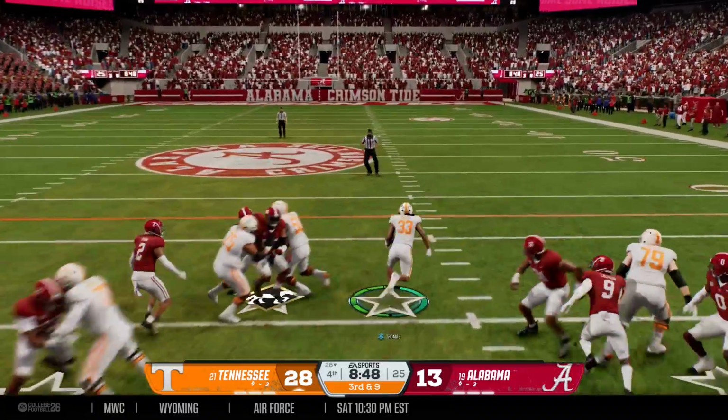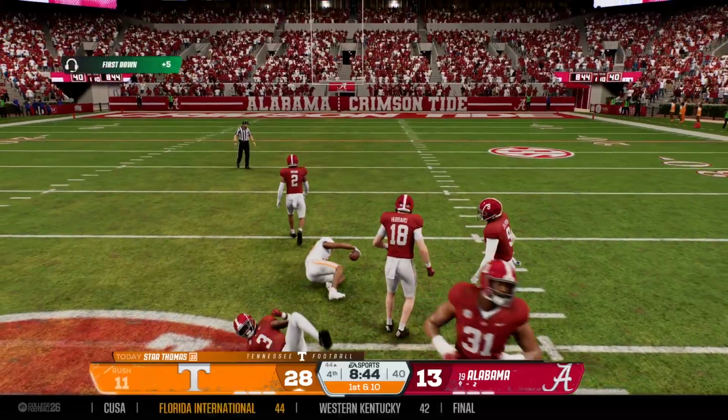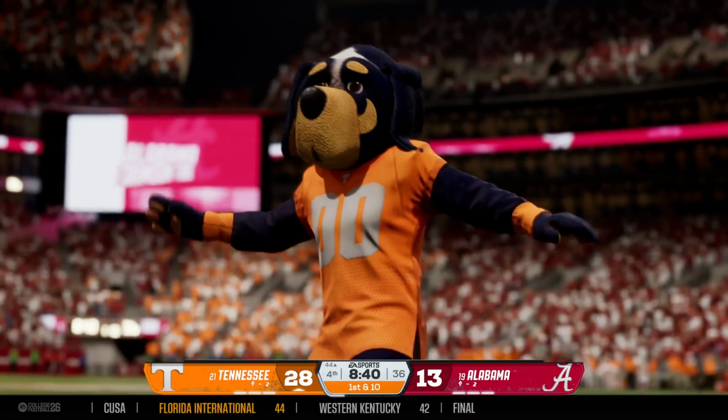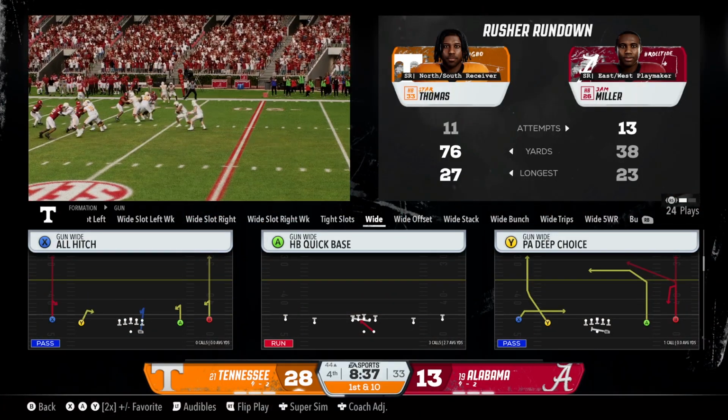Gonna run it. It's Thomas. Oh, better look out! Turning it on! Found a bunch of room and got it to the 44-yard line. I think one of the biggest reasons why the scoreboard looks the way it does is this offense has been